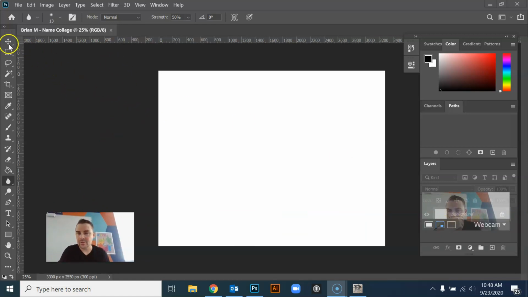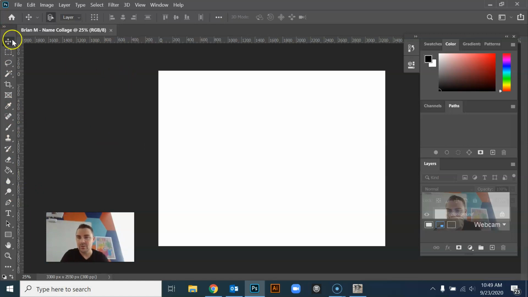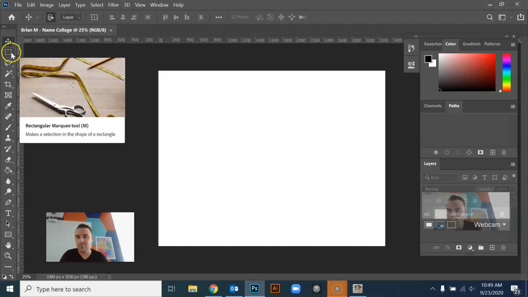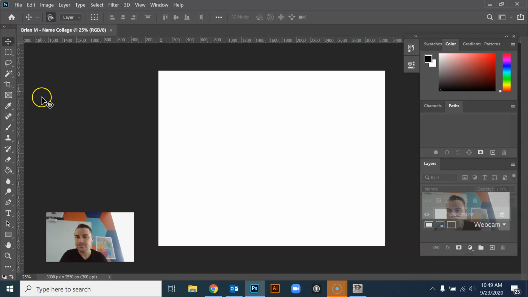Then on the left side here is where you have all of your Photoshop tools. So there are a lot of them to choose from. You're not going to be using all of those or even most of those today. Today we're just going to be using a couple of them. We have our selection tool in order to grab and move things around. We have these tools, which you'll learn about more next week. These are our different types of selections, so you can delete out certain parts of pictures, cropping tools, etc. Really, all we're going to use today is going to be